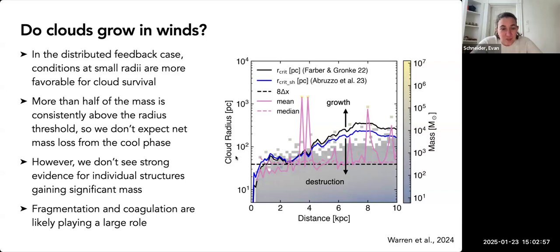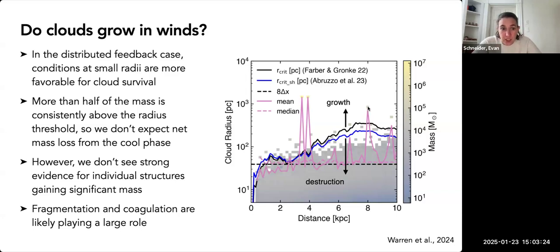Another way of putting that is that more than half of the mass in the distributed simulation is in clouds that are consistently above the critical size threshold. So we don't necessarily see that net mass loss from the cool phase the way that we do in the nuclear burst simulation. That said, there's a caveat, which is that we can't really interpret any of